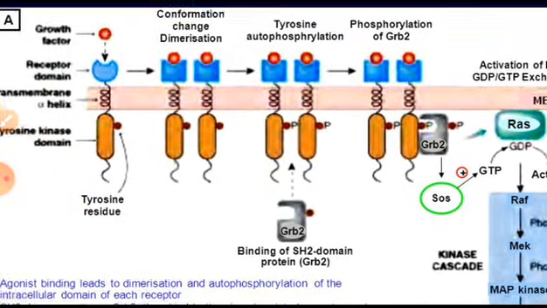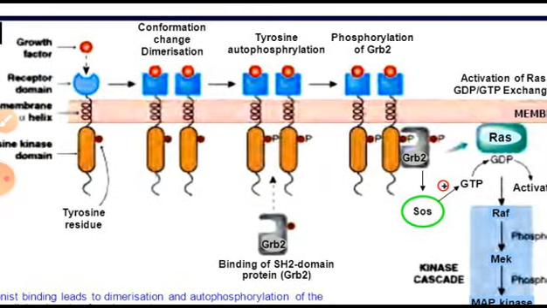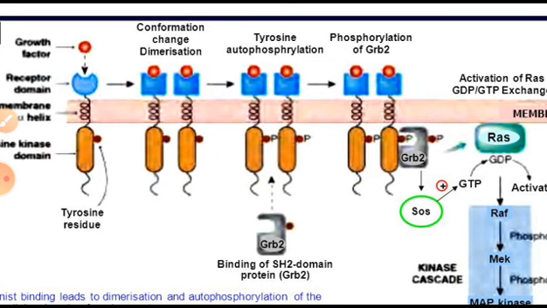So here in this process, the phosphorylation is a very important part, because the tyrosine residue or the enzymatic domain, if it does not get phosphorylated, it will not begin the further process. It will not attract or activate the further proteins. So first the phosphorylation has activated the enzymatic domain, and because of this activation, the GRB2 protein is attracted towards it, and the GRB2 protein gets phosphorylated, then it will activate either RAS, or through SOS it will activate the process